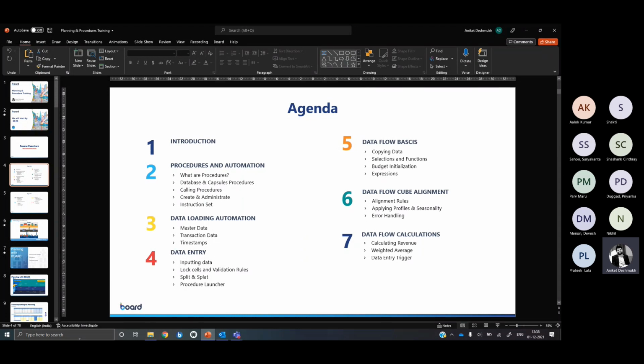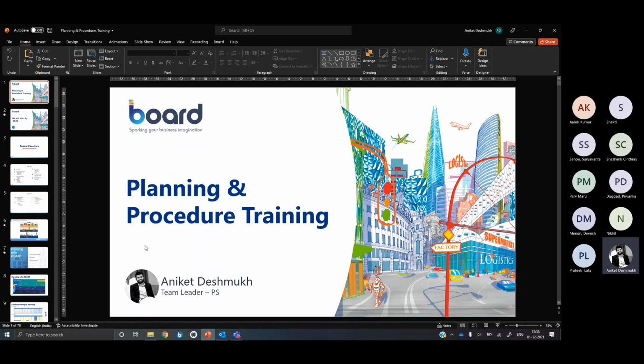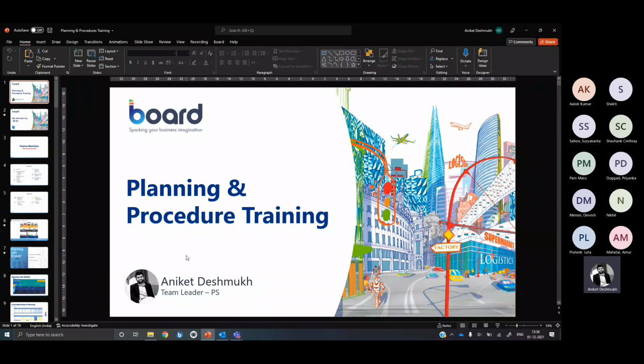Today we are going to start with the last and the most important topic in our training. We already have learned the data model, how to create a data model, what are the steps creating the data model, creating the entities, cubes, relationships, how we will load the data into entities, cubes, and relationships, how the data can be stored